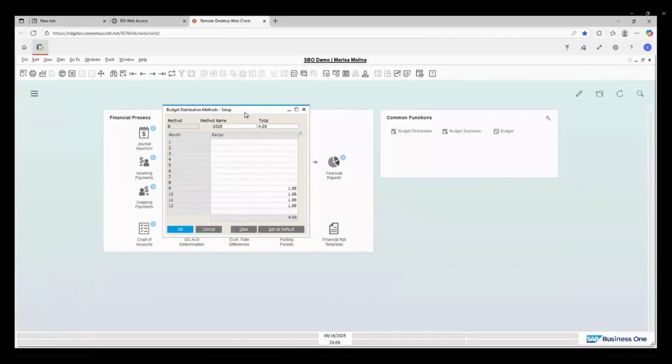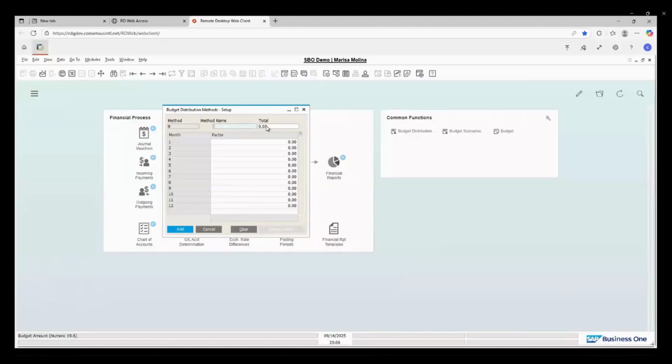You are implementing SAP Business One, you are going live in September, and you already have the budget for these 4 months. So we can define this one and assign the budget only from September up until December. The other months are not relevant. We don't have those. It is already done, history. So that is something that you can do as well. These are the ones that I have, but anytime you can create any with the add icon or Control A.